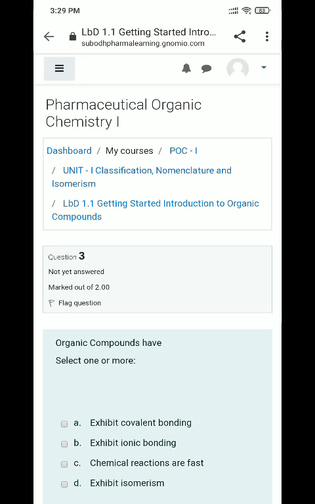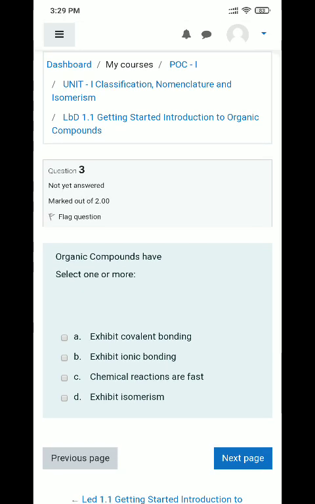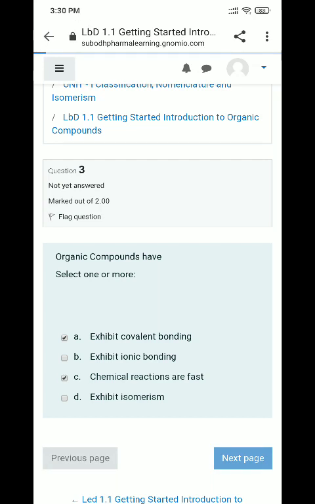Then the next question is given, organic compounds have, select one or more: exhibit covalent bonding and exhibit chemical reactions are fast. Here I am selecting two options.